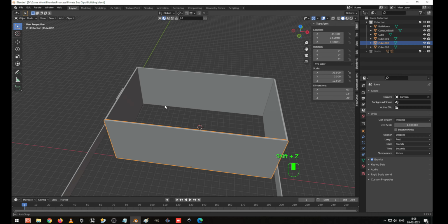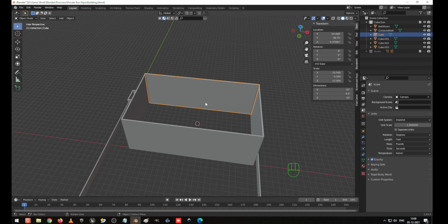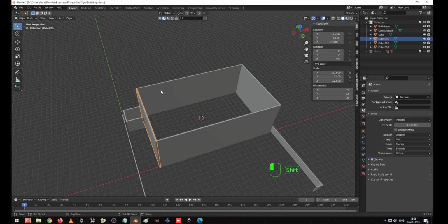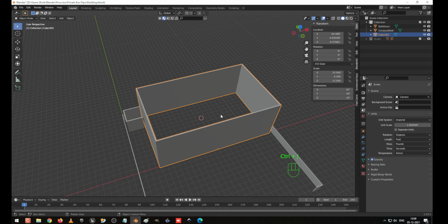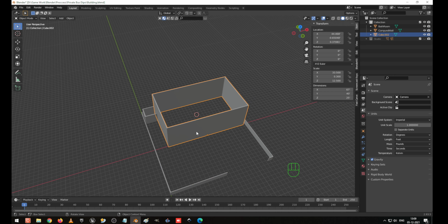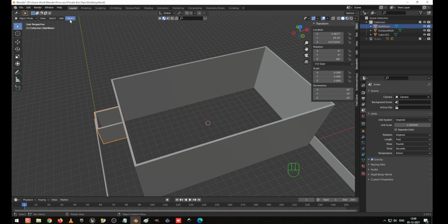I have done everything as per the corners, how it's required for us. Okay, I hope you might understand because we have been doing the same many times. So I select everything, press Ctrl J, and this wall is okay. This wall is okay. This wall okay. Here, select the bathroom and set origin to geometry, to center,